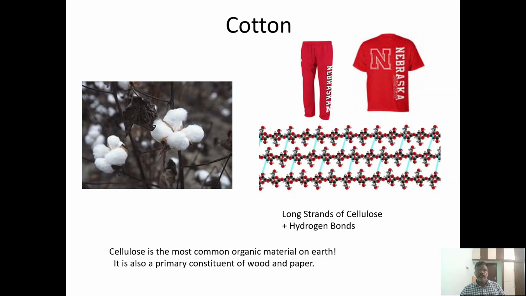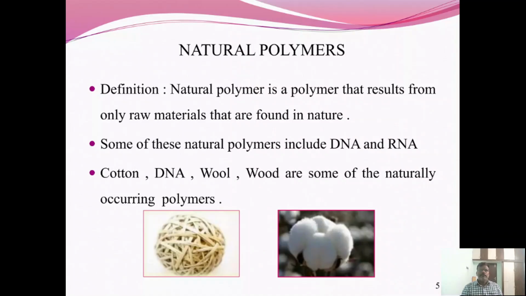Another natural polymer is cotton. Cotton is the most common organic material on earth. It is also a primary constituent of wood and paper. A natural polymer is a polymer that results only from raw materials found in nature. Some of these natural polymers include DNA, RNA, cotton, wool, wood,